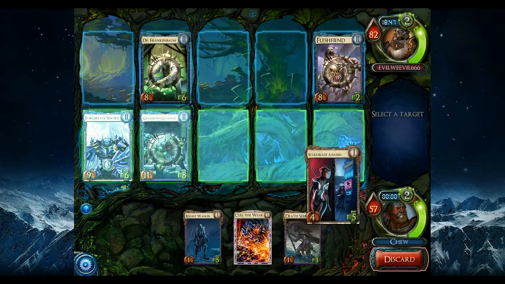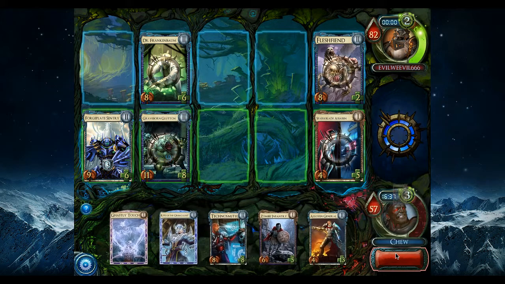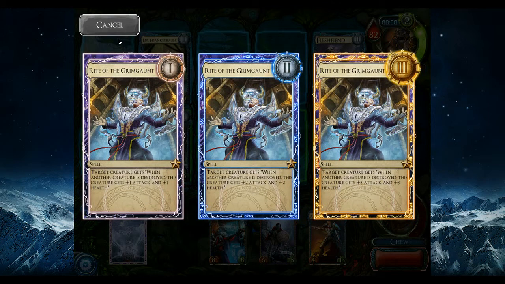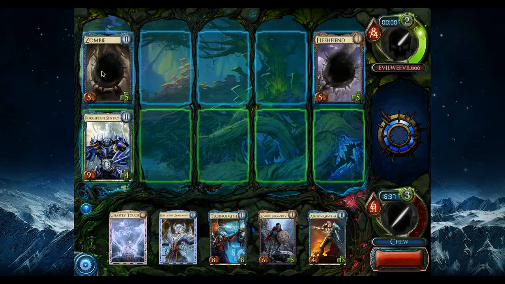Alright, so I'm going to go ahead and battle. Glutton there. Unfortunately, this is not an even trade with the Assassin, but again, I'm going to need the Assassin at next player level, so hopefully it'll be enough. Right of the Grim Gaunt might be worth playing on Forge Plate Sentry, although I feel like my opponent's going to have stuff that can trade. So we'll see. That's actually a decent thing for me to see here, because it will not trade, but...